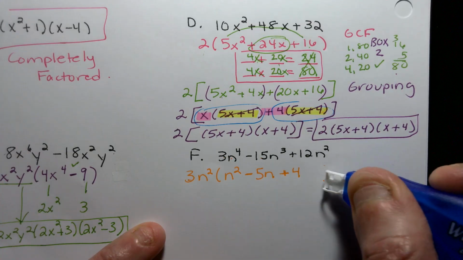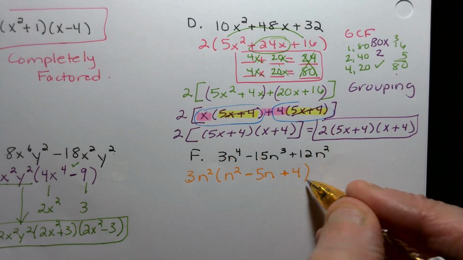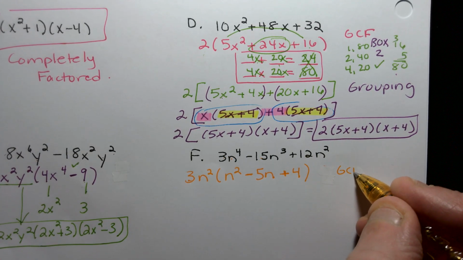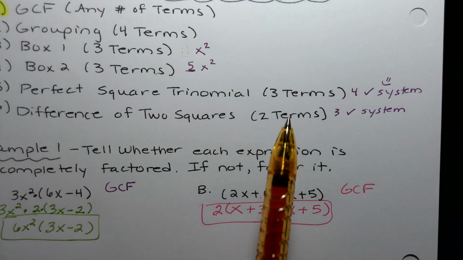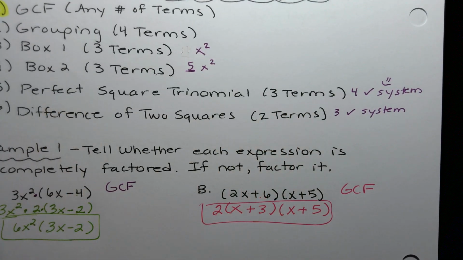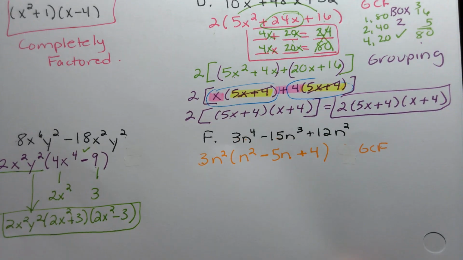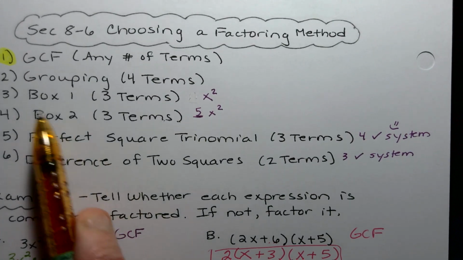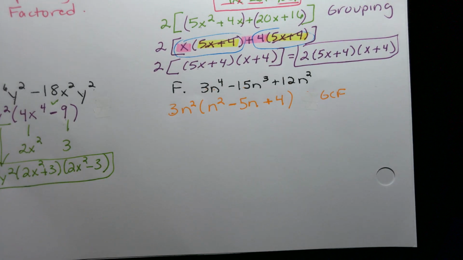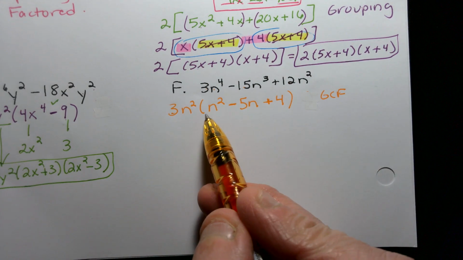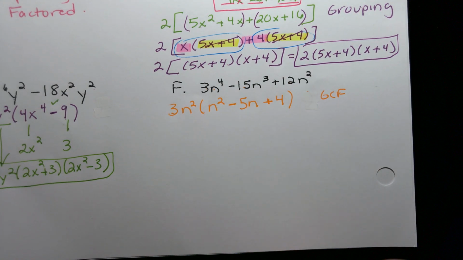I'm going to again move that closer. So that was using GCF. Now look inside. What do you have? How many terms? 3. Okay, so what are options for 3? Could be a perfect square trinomial. That's possible. Could also be box 1 or box 2. So you can do either. I think I would personally see that there's a 1 here, and box 1 is so simple that I would